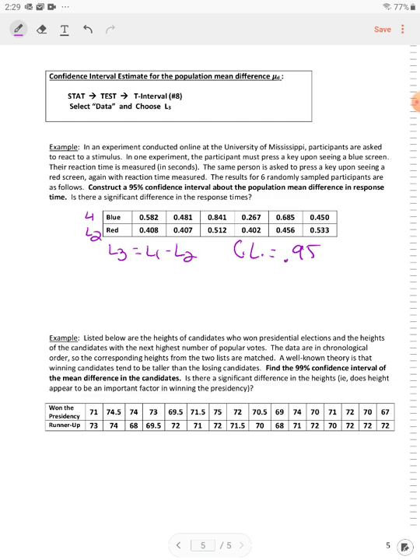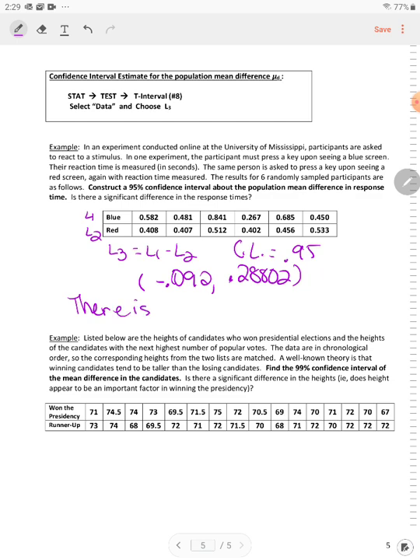STAT, TESTS, and we want the interval number 8, T interval. And you can pick Data. L3, your frequency is 1. Your confidence level, make sure you have that right, 0.95. And then we calculate. So please watch out for the confidence level. And we get negative 0.092 and then 0.28802. Now please notice you have a negative and positive, zero included, so